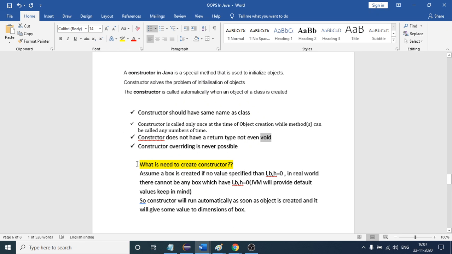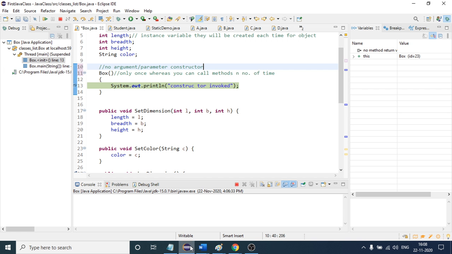So what is the need to create a constructor? Because if no value is specified, then by default the length, breadth, height will be set to 0, but in the real world there cannot be any box which has all these three equal to 0, right. So the constructor will run automatically as soon as our object is created, and it will give some value to the dimensions of the box. So this time let me provide a parameter,